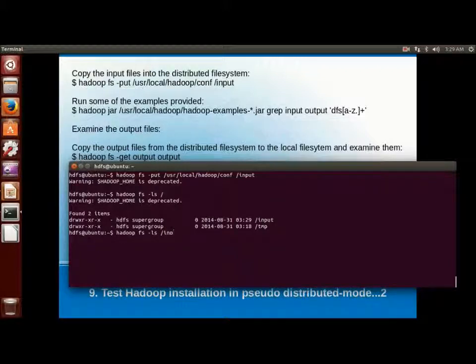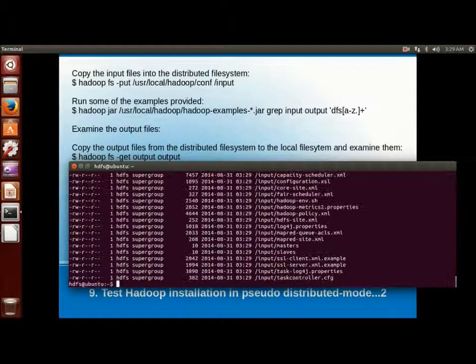Root slash is the root, and under it we have input and temp. Temp is a temporary directory created by Hadoop for MapReduce tasks. To list the files, we use hadoop fs ls slash input, giving the complete path of the directory we are looking at.